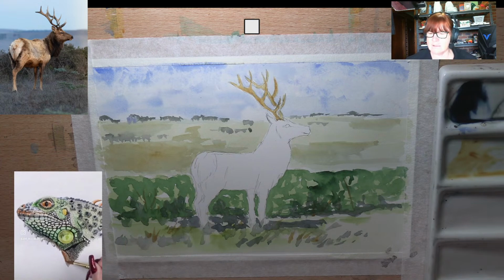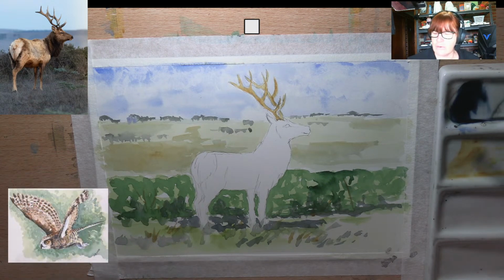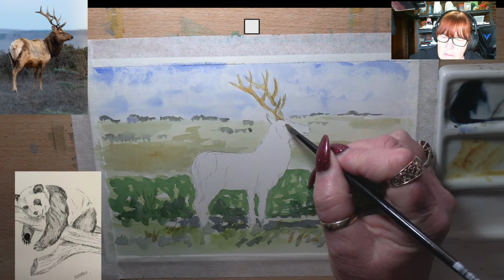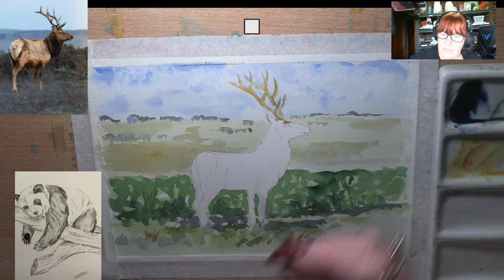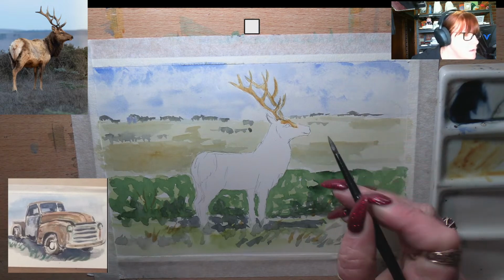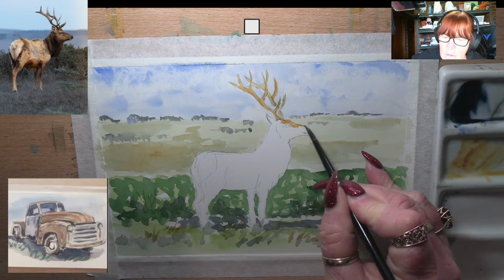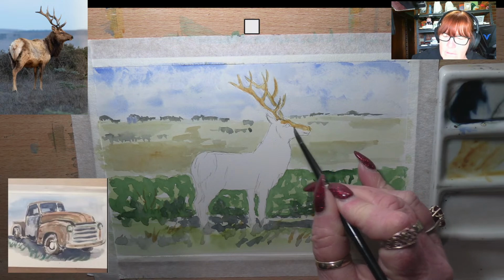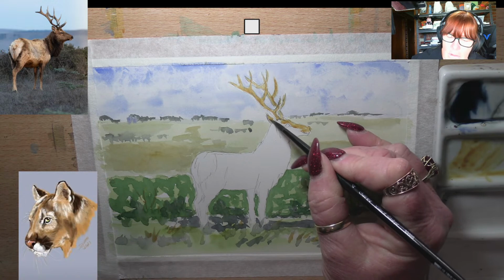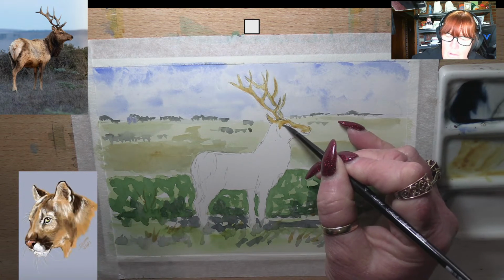Now his head is also the same, his fur is the same colour with bits of grey through it. So I'm just going to stick with my yellow ochre. I'm going to stick with my yellow ochre for the base of the body of the animal. So, oops, I'm going to clean my brush and just fill in pretty much the whole deer. And I'll go over the shadows with darker paint, stronger tones. I'll leave his eyes